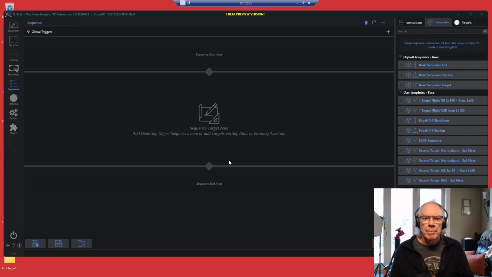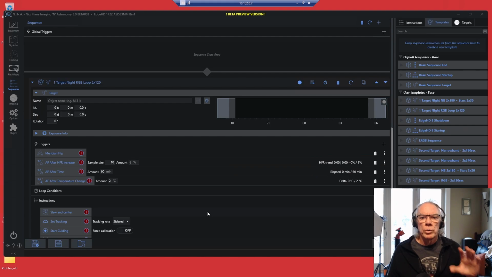So I've got this gap of time from maybe 1 o'clock in the morning to 5 o'clock in the morning. I want to get work out of my telescope. So I can shoot a second target very easily using N.I.N.A, and I'll take a brief tour of that too after I work through the first template. So if we look into a one target night template, what I'm showing you here is just the base of my sequence.